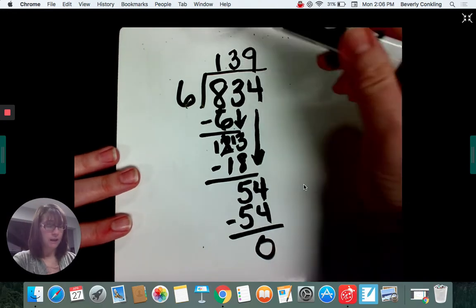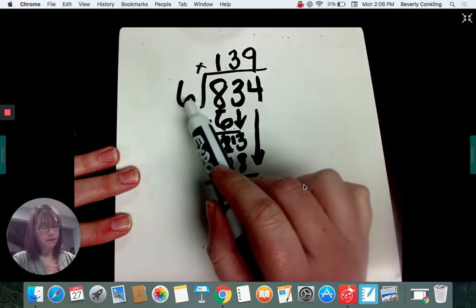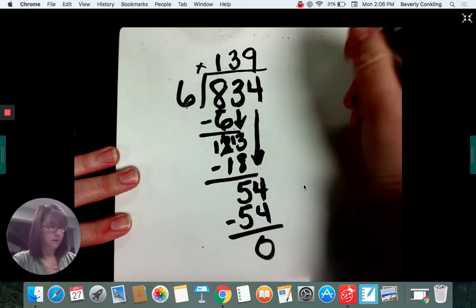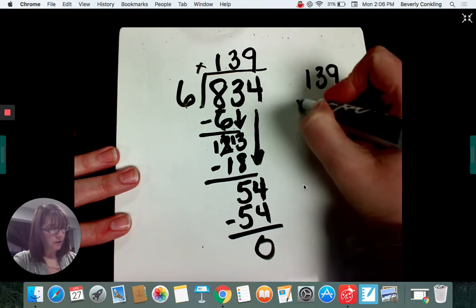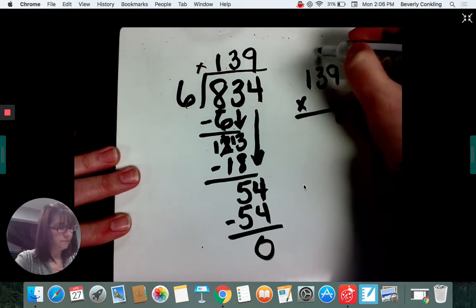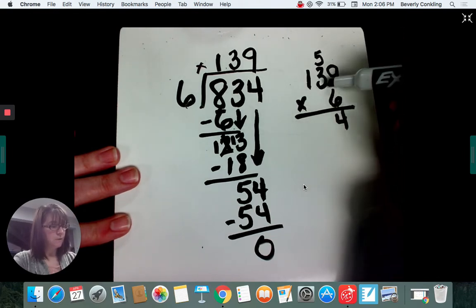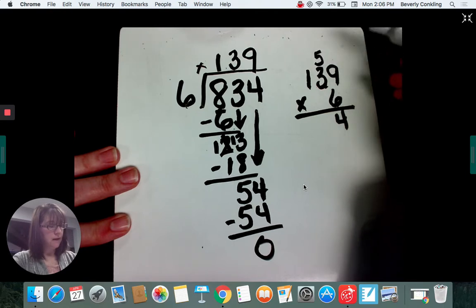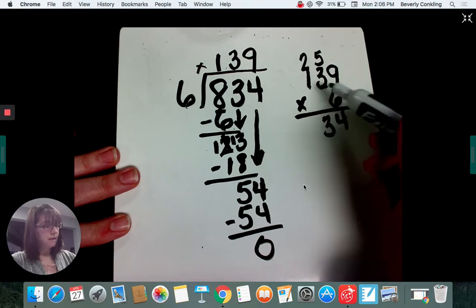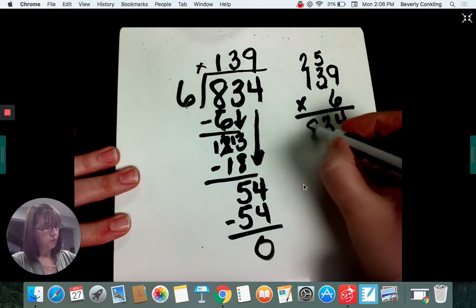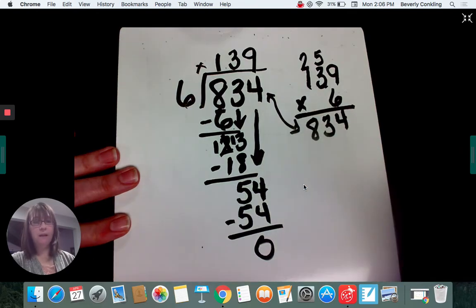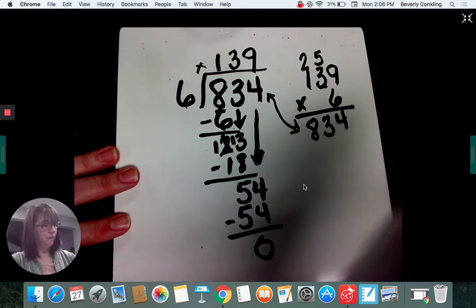In order to check it, I multiply my divisor times my quotient, and I should get my dividend if I did it right. So 139 times 6, 9 times 6 is 54. 6 times 3 is 18, and 18 plus 5 is 23. 6 times 1 is 6, plus 2 more is 8, and my answer is the same as my dividend, so I did this correctly. Okay, now,